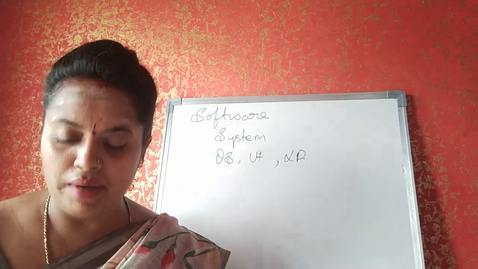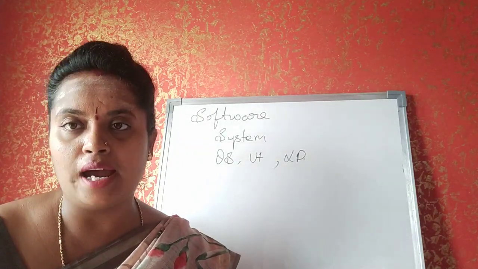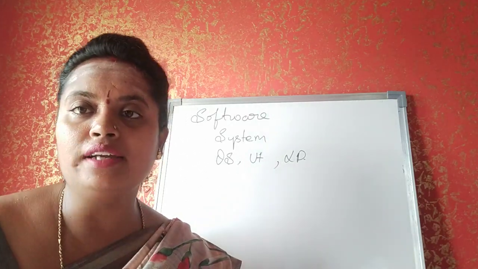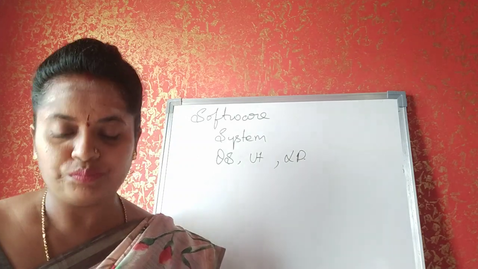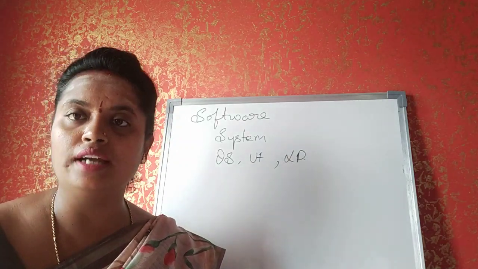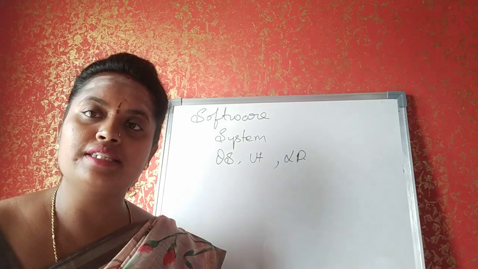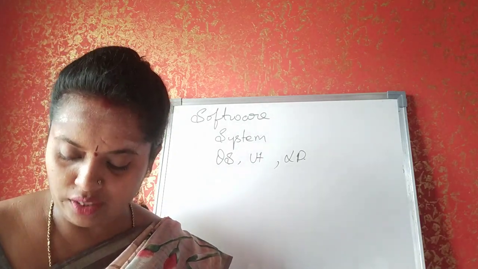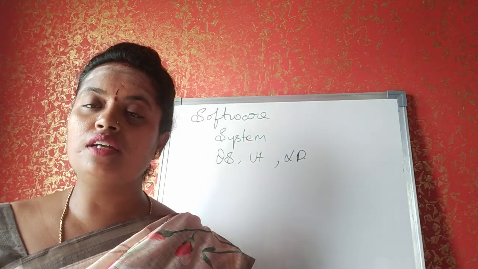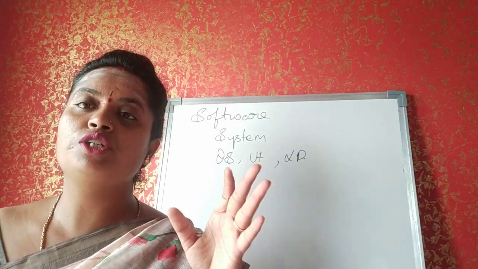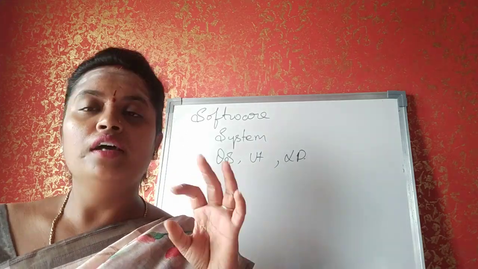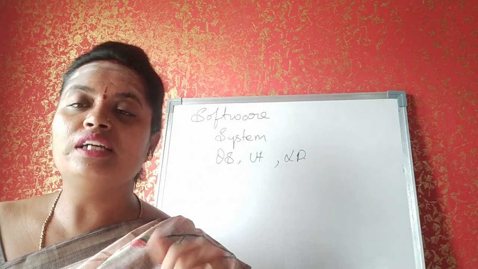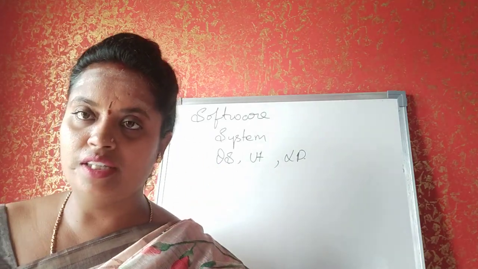But if you have to do it manually, you are supposed to click on the start button, then all programs, accessories, system tools and disk defragmenter. This is how you are supposed to do it. Then you will be checking the current status or the last run. Current status means which application you were running, or the last run, whichever you had stopped. You pick that and click on defragment disk, and the process starts.